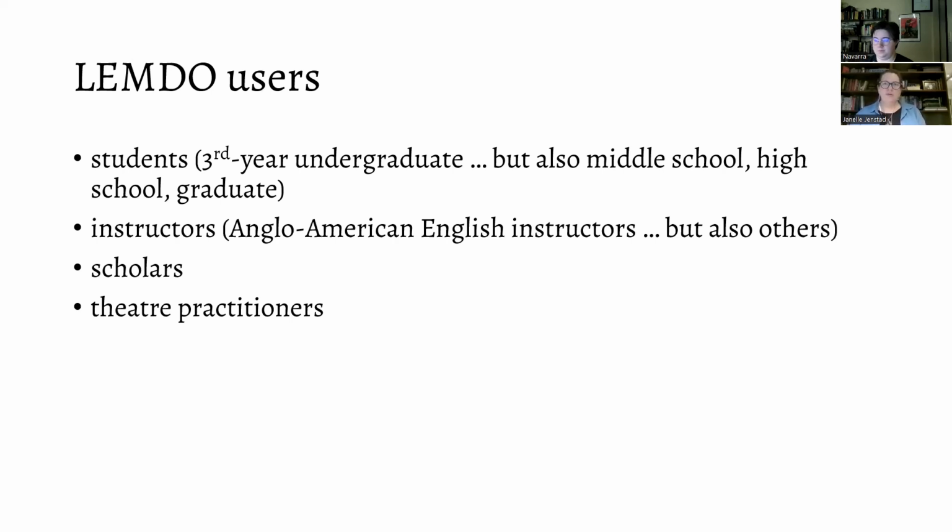So the first user of this edition of the Golden Age that Cameron and I are preparing is actually a graduate class at UBC. So, we want to imagine maybe our most frequent user as the third year undergrad, but it's like a bell curve, and there's a very long tail on either side of our midpoint. So middle school students, high school students, graduate students could also be using these editions.